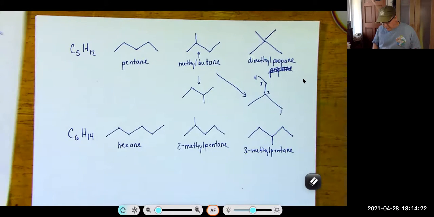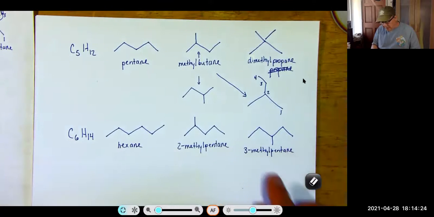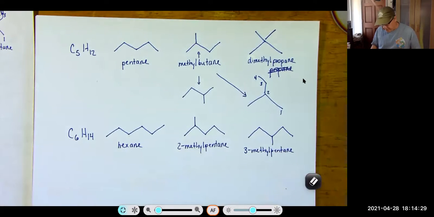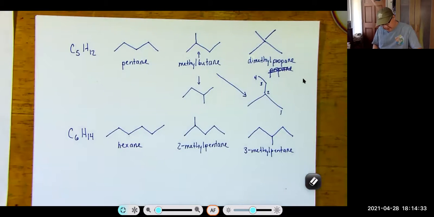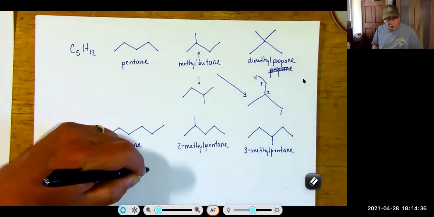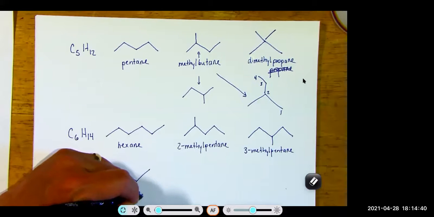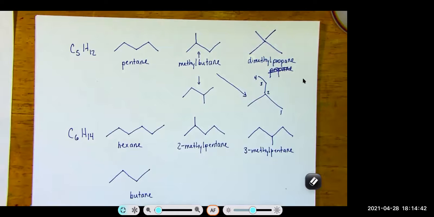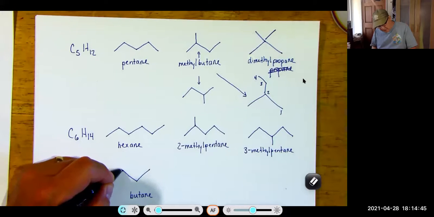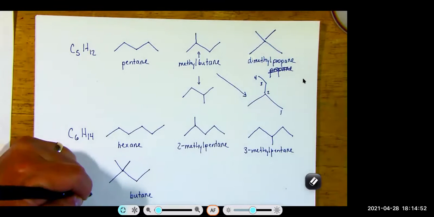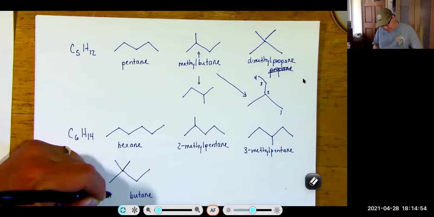Okay, so we've run out of all the options for moving around this 1 carbon unit on these 5 carbons for the parent chain. So what's the next thing to do? And that is make the parent chain shorter. So now it's 4. Oh, and we put 2 of the methyls on it then? Yeah, and I would put 1 here and 1 here. And this would be 2,2 dimethyl